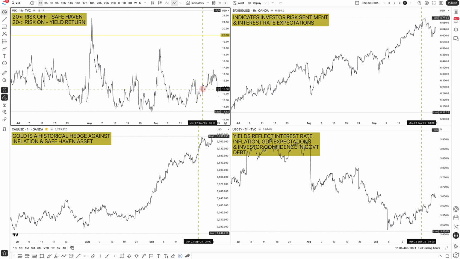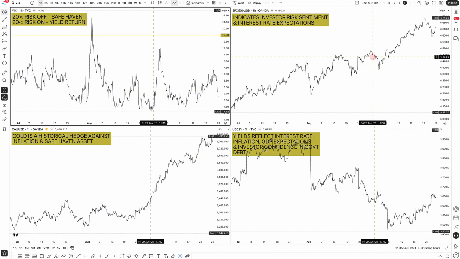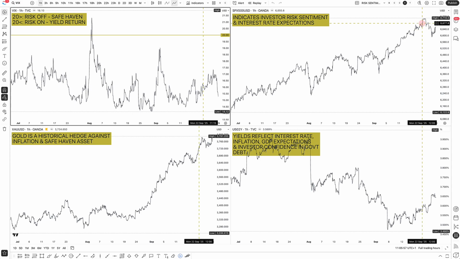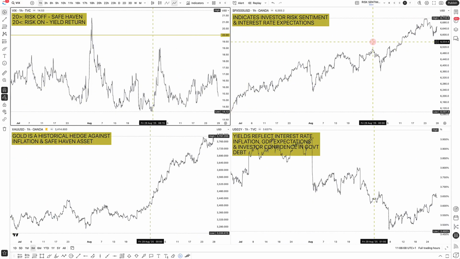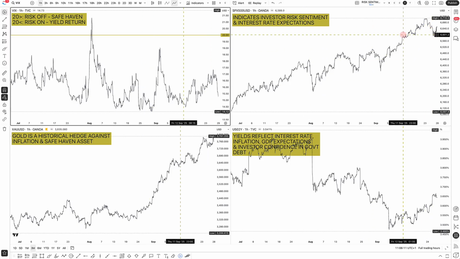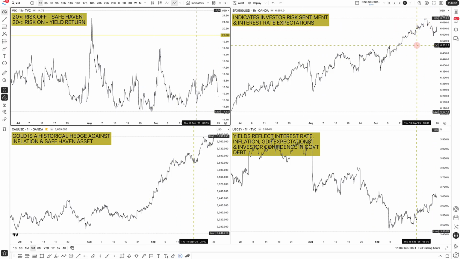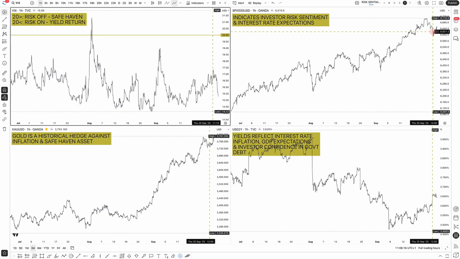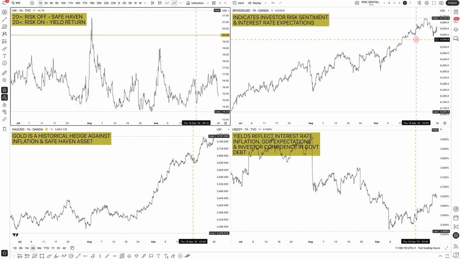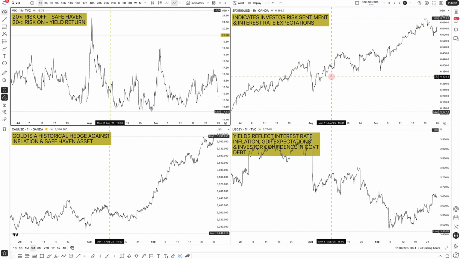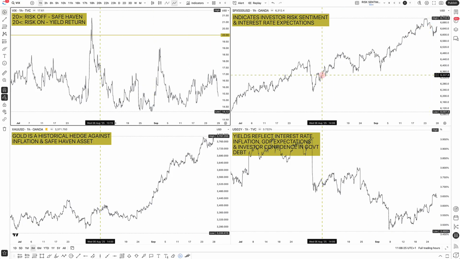And yeah, so that's one confirmation that really the market is more focused on the yield return, or return on investment, and that's kind of backed up as well by the S&P. In a risk-off environment, you would literally have the stock market tend to drop. But you can see this is over the last 3 months, the last quarter, and you can see pretty much markets trending higher and higher. And that's not to say it's going to continue going higher, but for now it's kind of confirming until certain structures start to maybe break, or maybe a deeper pullback,